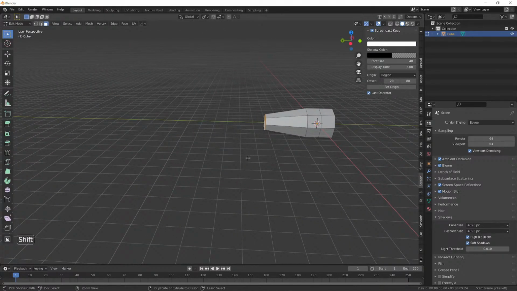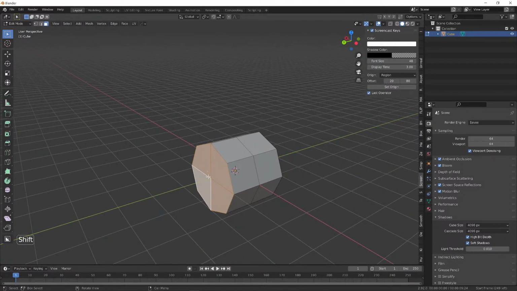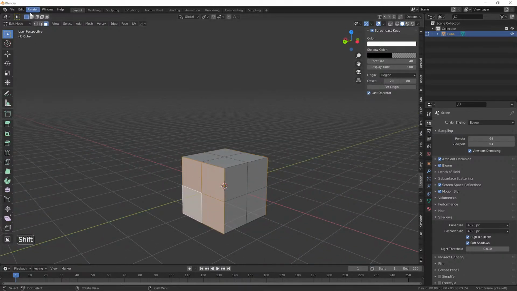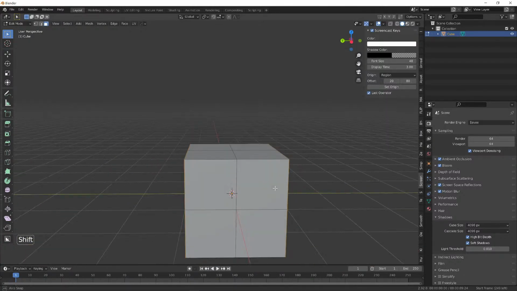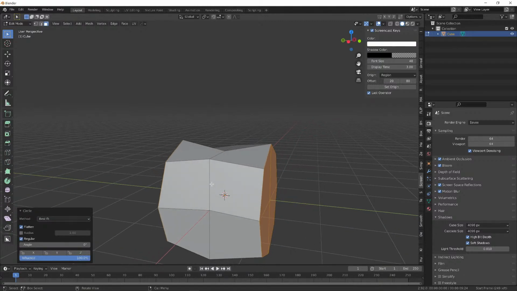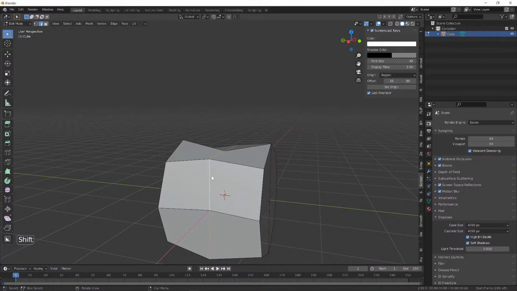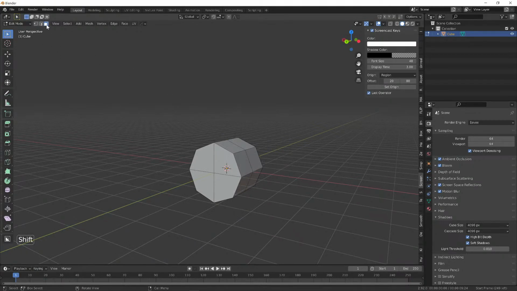Let's just recap. Back up. So we use loop tools to circularize these faces, right? This selection of faces. Okay, so we selected the faces here, and we set circle. We went to edge selection mode, double clicked here, and set that to circle as well. Switch back to face selection mode, select these faces,